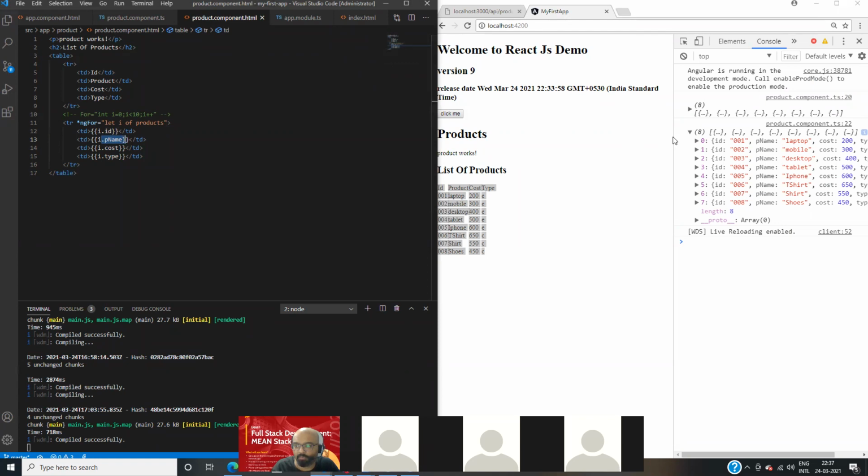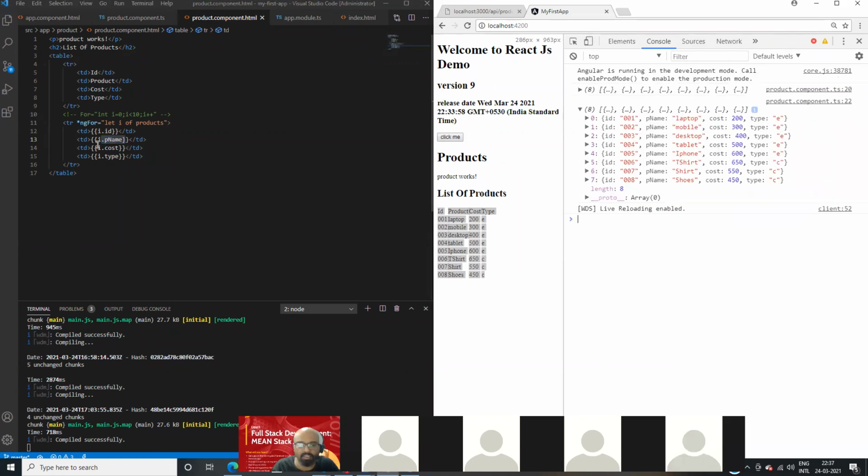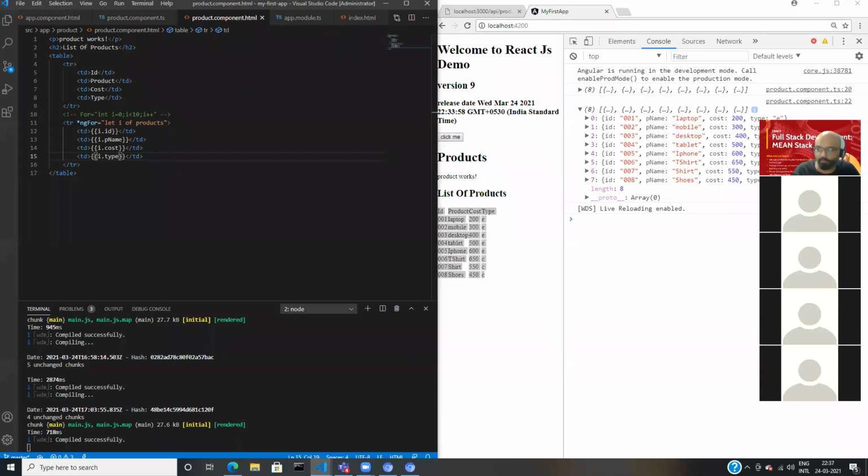So the first time: 001, laptop, cost 200, type E. Second time: 002, mobile, 300, E. Third time: 003, desktop, 400, E. You understood? Yes, sir. So we are looping, and when we are looping, we are picking the value at that position, right?